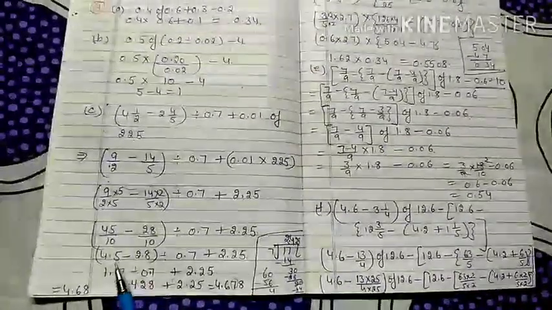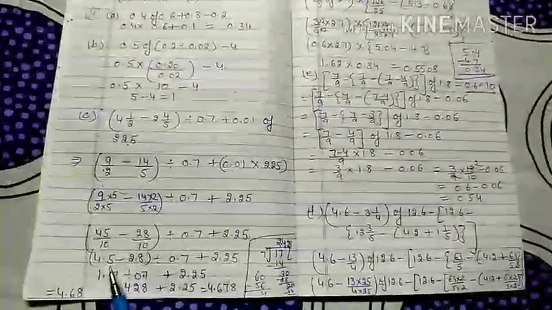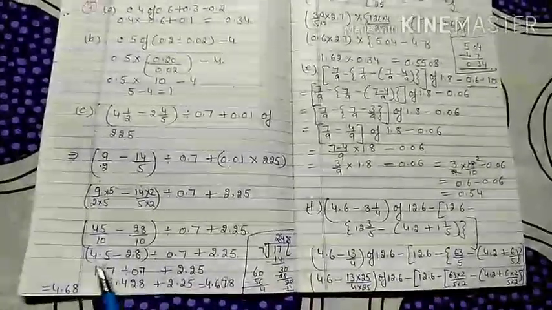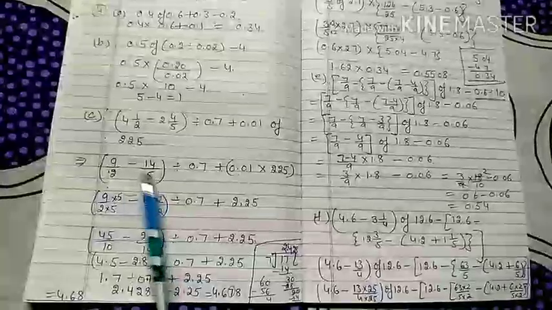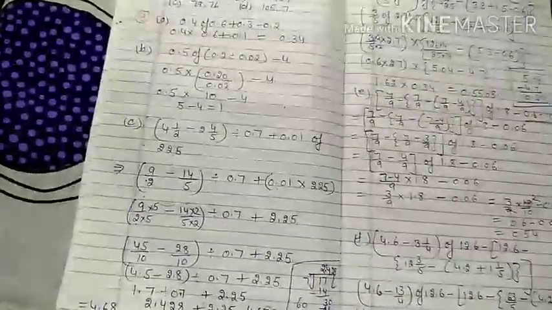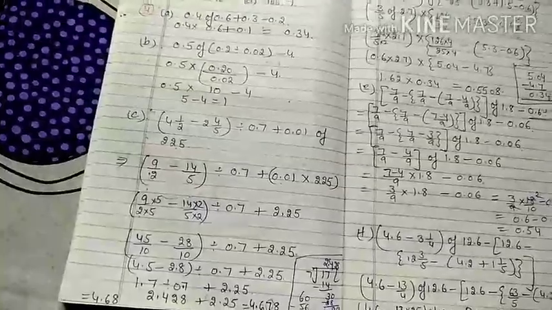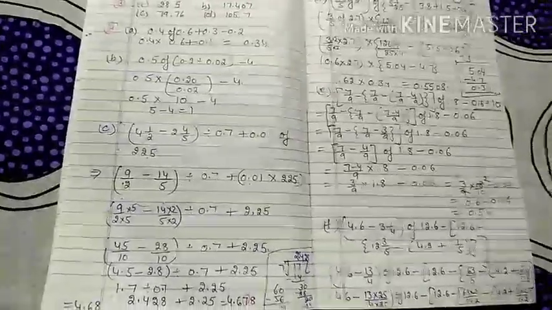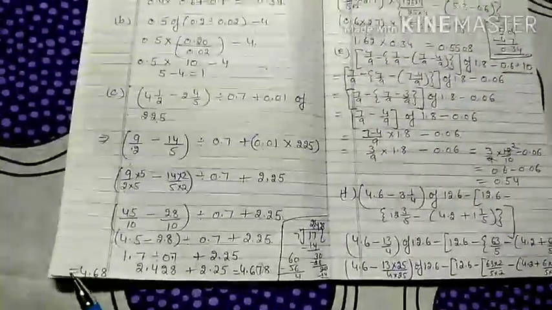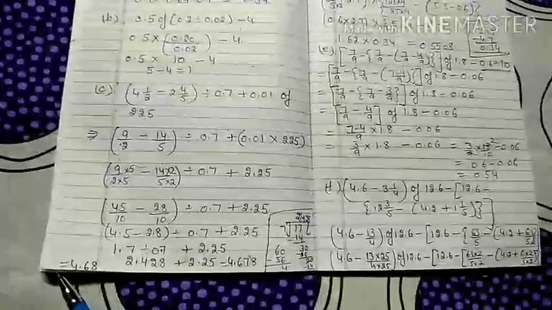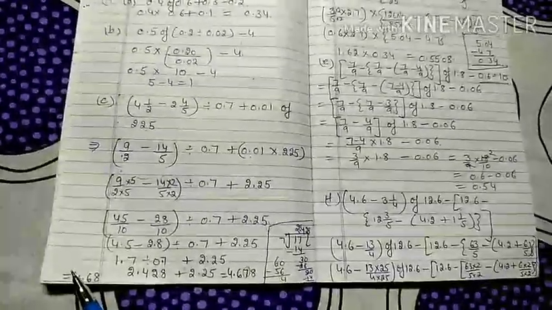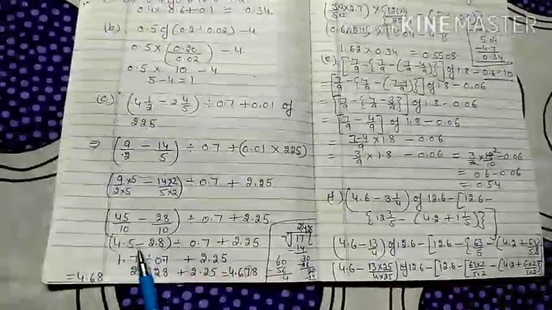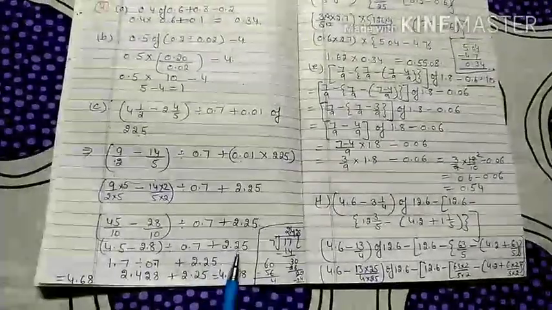Now here when you subtract, you convert into decimal, because we are dealing with decimals, so better before solving you convert into decimal. Here 9 by 2 minus 14 by 5, we make the denominator a multiple of 10. If the denominator is a multiple of 2 or 5, you can convert into decimal form, or you can divide and write the decimal form. Here you need not take the LCM and find the fraction according to that; the fractional number is converted to decimal, then solve further. 4.5 minus 2.8 divided by 0.7 plus 2.25.